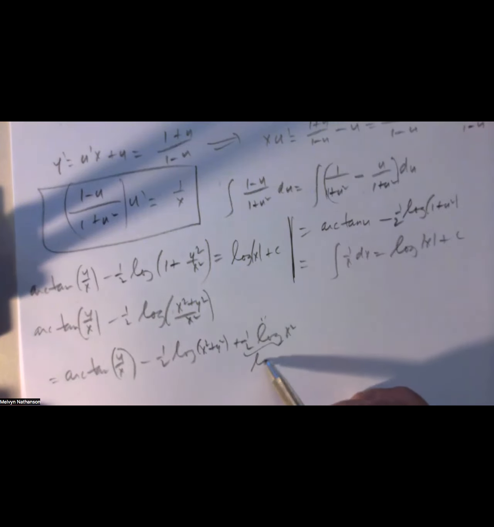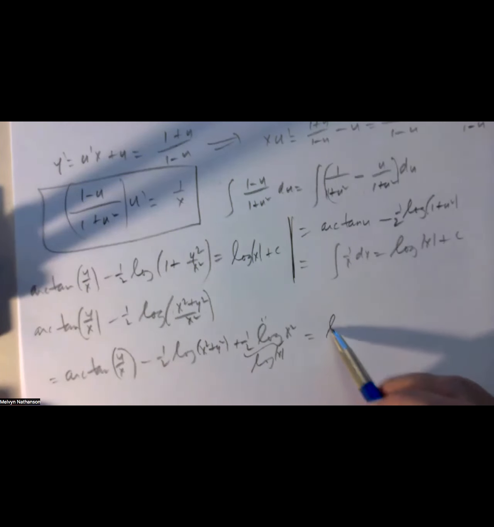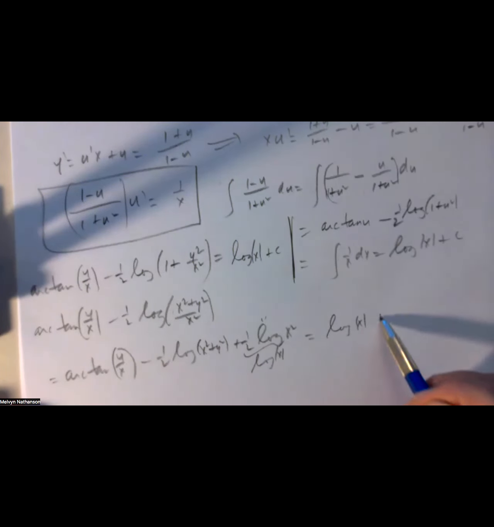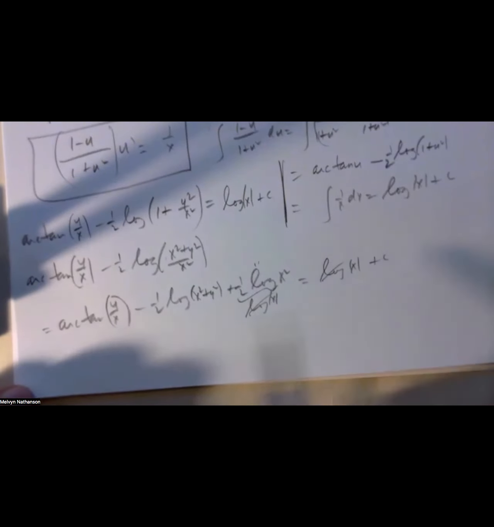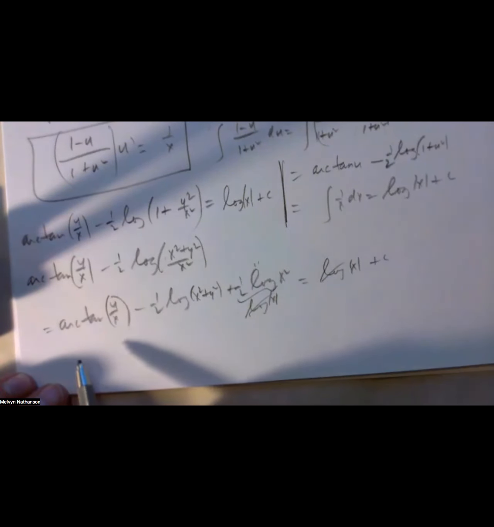This is the same as the log of the absolute value of x equals log of the absolute value of x plus a constant. So these cancel, and I get that for this differential equation, the solution y of x